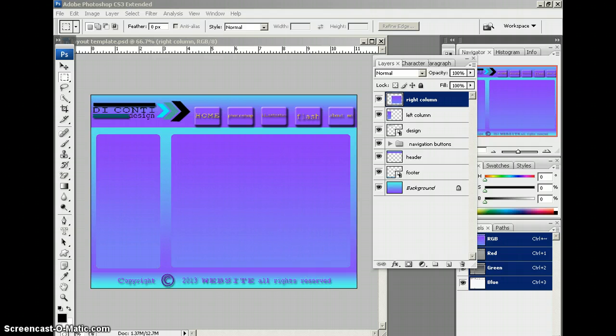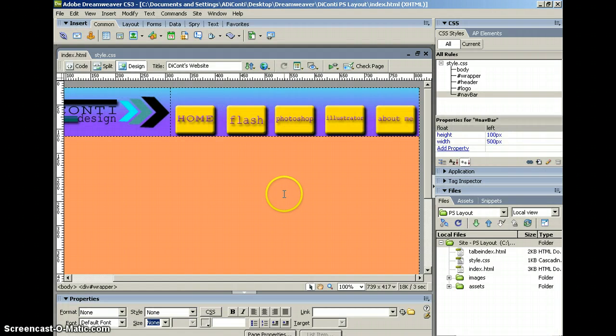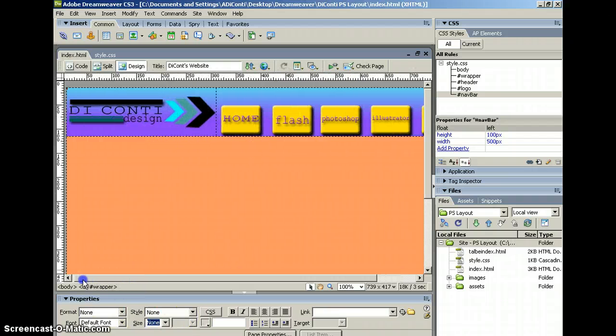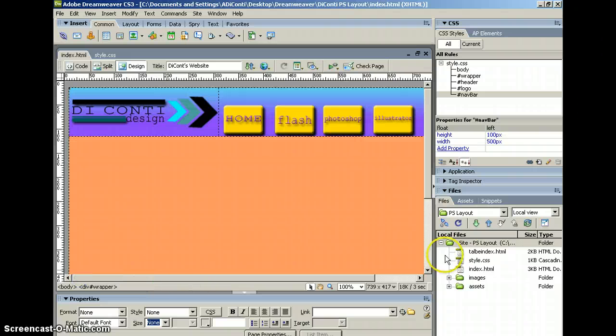Going back to where we left off in video number 4, you can see we have our buttons and we have our logo. What I'd like you to do next is go into your assets folder and double click your layout